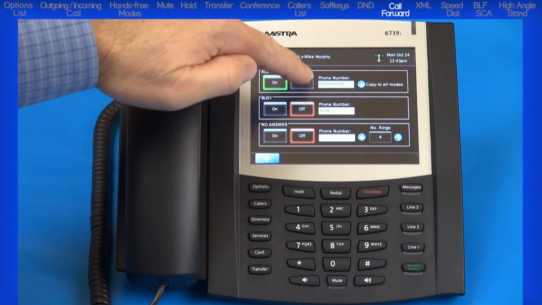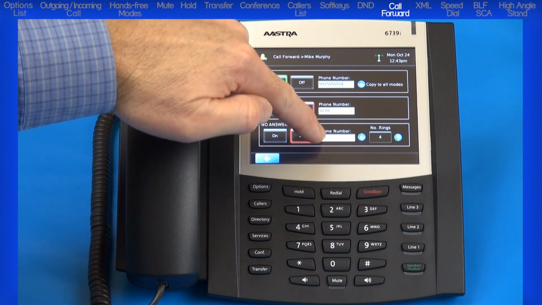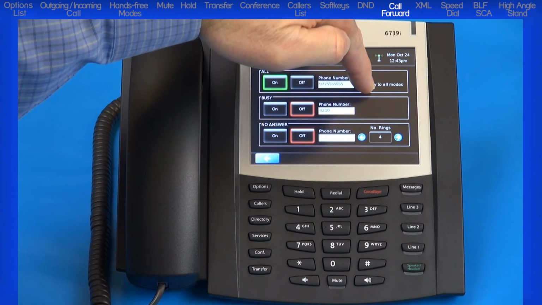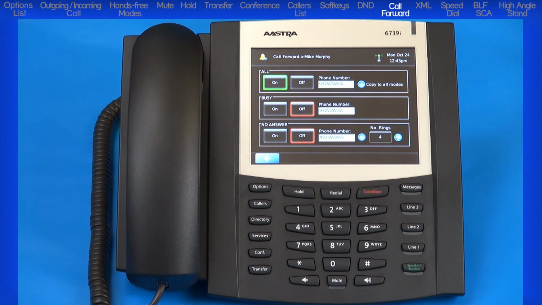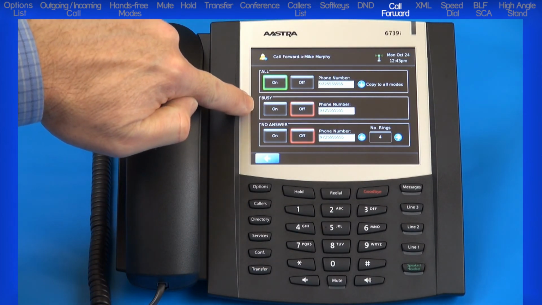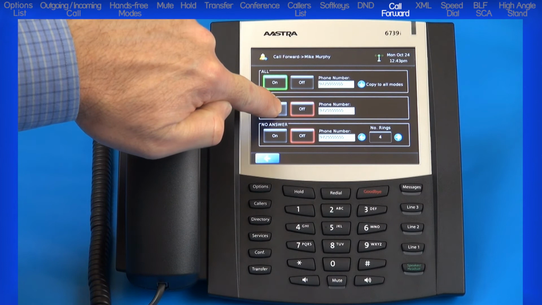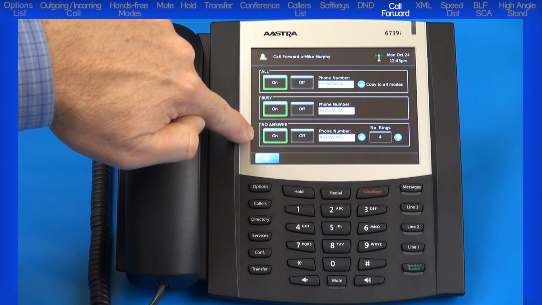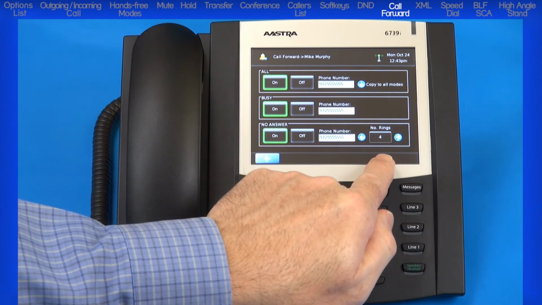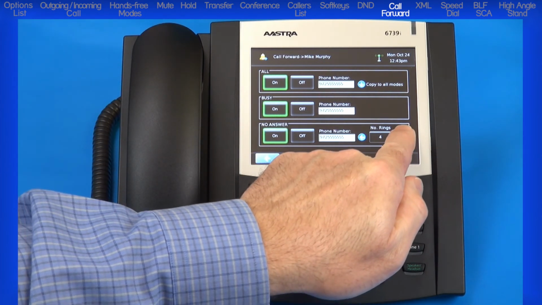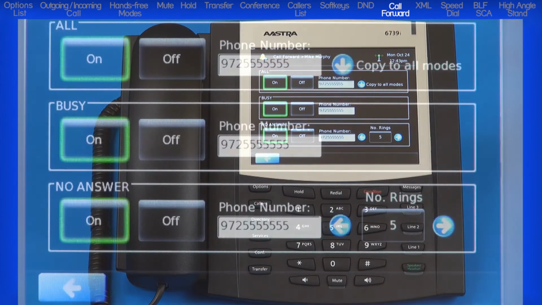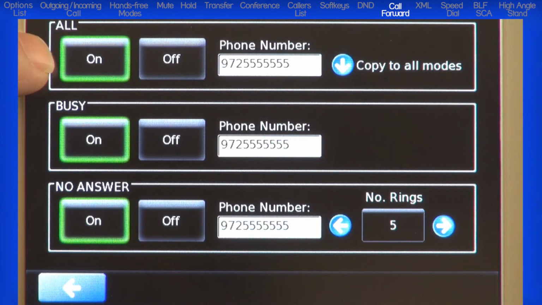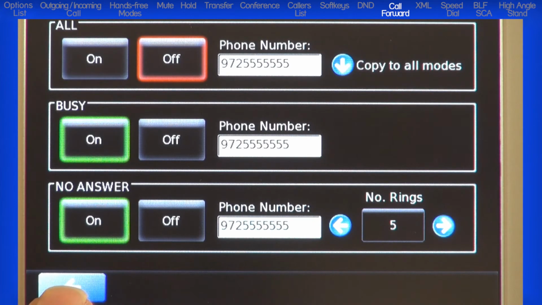If you are forwarding Busy and No Answer to the same number, you can press the Copy to All Modes key. This will populate your number into both fields. For Call Forward No Answer, you can change the number of rings before the call is forwarded to your forwarded number. At any time, you can return to this menu and turn on or off or change the Call Forward options. When you're finished,